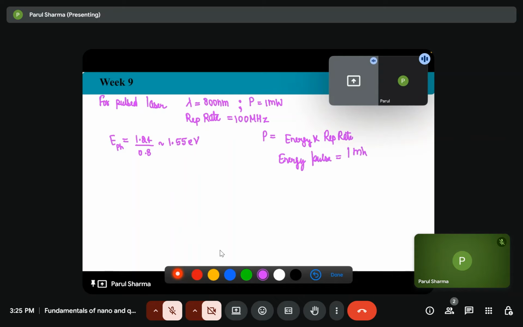1 milliwatt upon 10 raised to power 8, that is 100 megahertz, the repetition rate, which will give you 10 raised to power minus 11 joule. So now to find the photon flux,